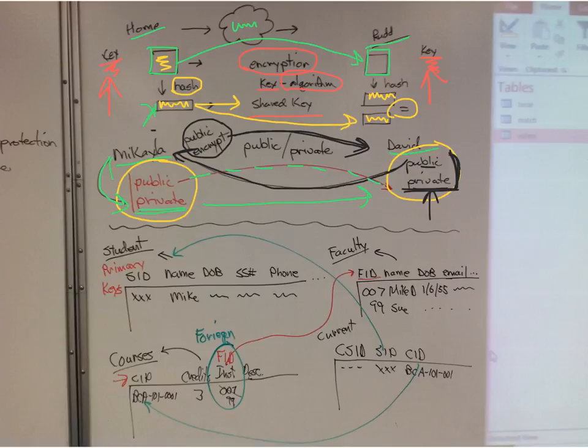David can use her public key to decrypt that information. Now he has that hash. He can hash the message that was sent and see if they're equal. If they're equal, it had to be okay. So that's like a digital signature. It is a digital signature. All right. Man, that was a lot. But that's how it works.